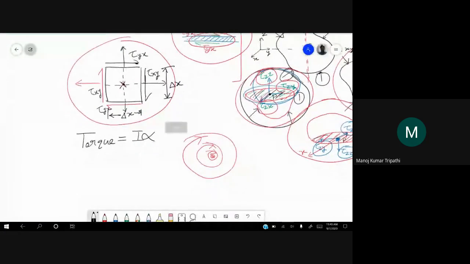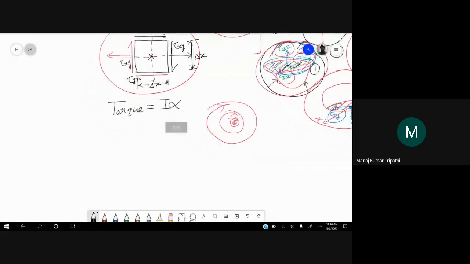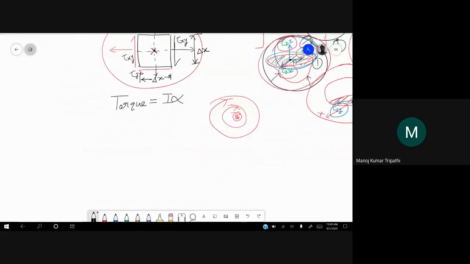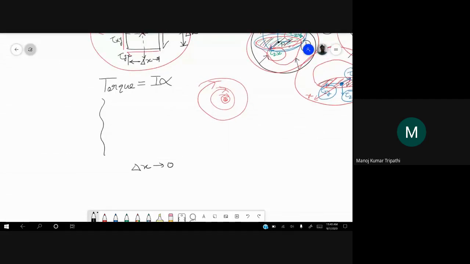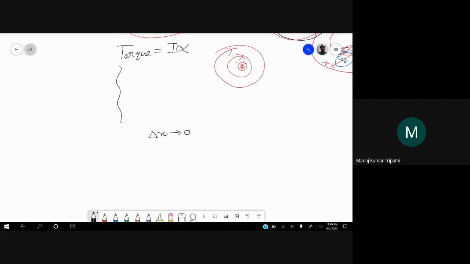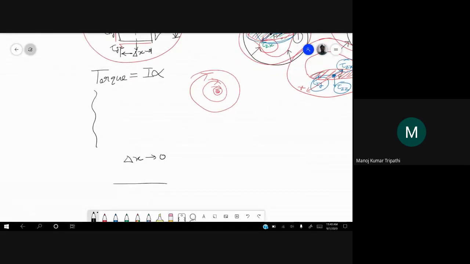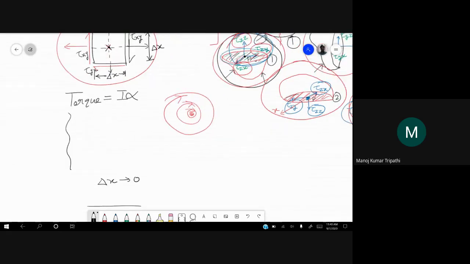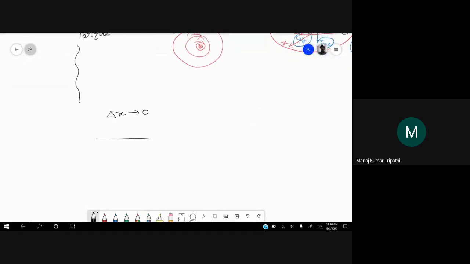Let us make this an assignment. This will be assignment 1. Finally, after deriving this, what you have to do is take delta x approaching 0 and then give me the final result. For a 2D element you can do this. You can also do this for a 3D element. So yeah, you can do it for 3D. That will be the assignment.